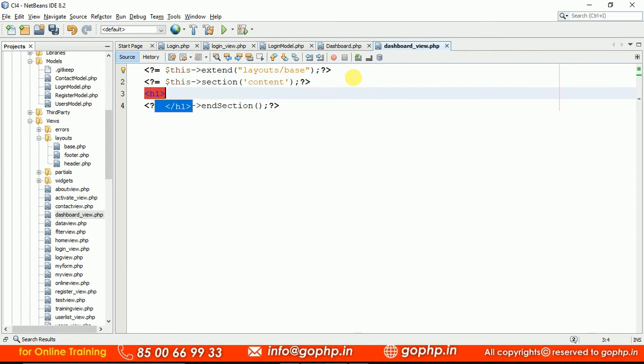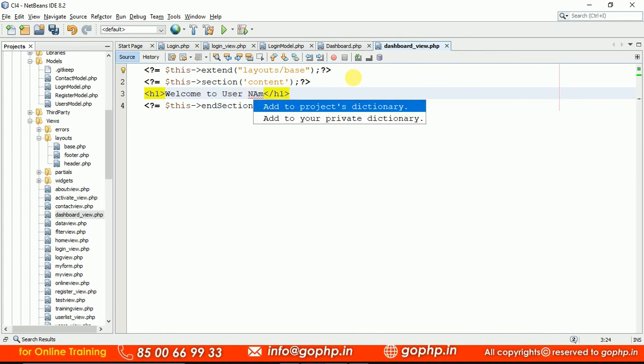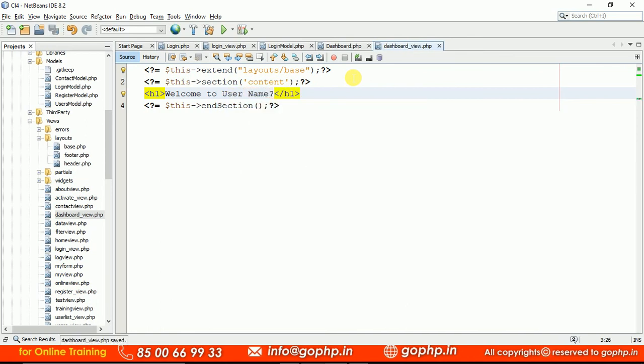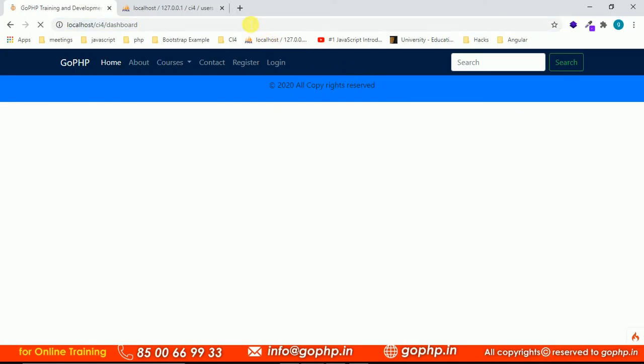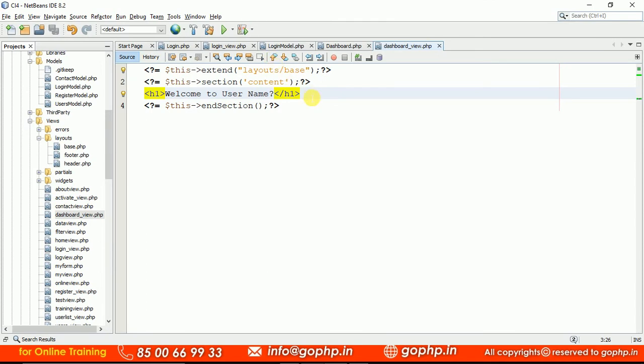Now let me display a message, welcome to the username. I don't know who is the user logged in. We have to display the name of the user dynamically, right? So let me display welcome to username. Simply I'm going to display a message in such a manner, guys. Whoever logged in, we have to display that username. Your name, my name, somebody's name should be there based on the logged in user ID. So that we have to check, guys. Anyhow, this is what we have to make dynamic.